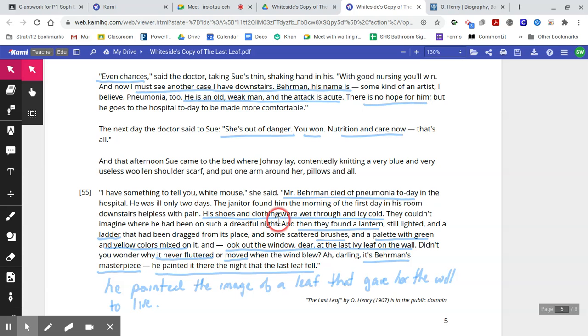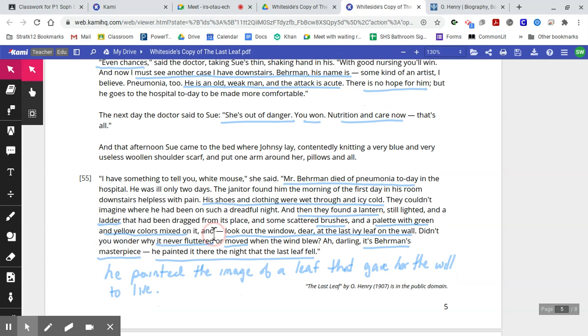The janitor found him in the morning of the first day in his room downstairs, helpless with pain. His shoes and clothing were wet through and icy cold. They couldn't imagine where he had been on such a dreadful night. And then they found a lantern, still lighted, and a ladder that had been dragged out to its place, and some scattered brushes, and a palette with green and yellow colors mixed on it, and—"